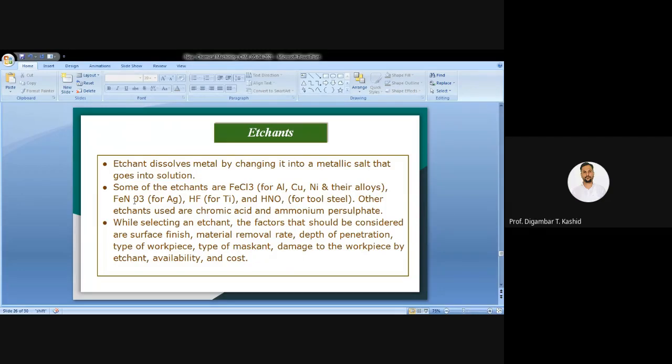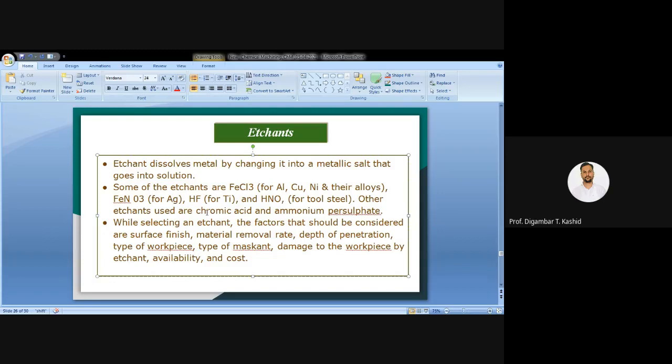And here I have given some of the etchants, like FeCl3, that you can use for aluminum, copper, nickel, and their alloys as workpiece. Then FeNO3 that you can use for silver, FeNO2.